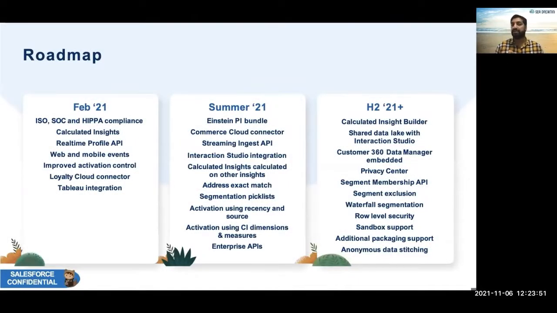So there are Feb, summer, H2 '21 plus, the different roadmaps available in Salesforce. It comes with resolving all the complaints, calculated insights, real-time profiles, real-time stitching, and analytics as well. On top of it, every release brings some sort of functionalities that help to resolve things, because so many people have posted on the Idea Exchange, and people who are really looking to get some idea on the ingest API and CI dimensions, measures, and there are some